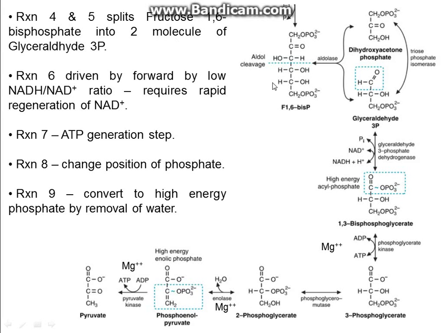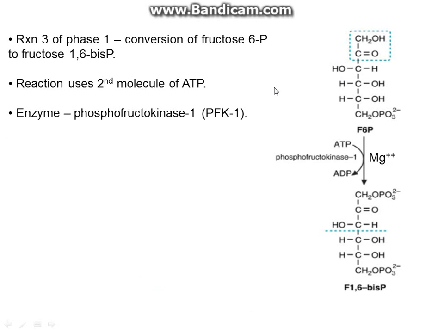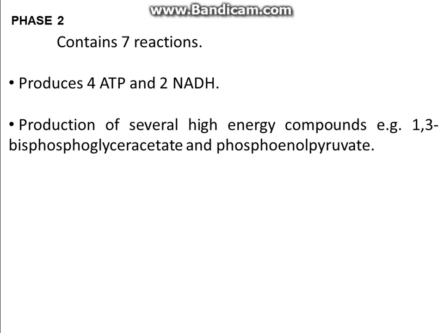Hi, in this episode I'm going to discuss phase 2 of glycolysis, which is the energy producing phase. It contains 7 reactions, and it produces 4 ATP and 2 NADH. Production of several high energy compounds is involved in this, for example